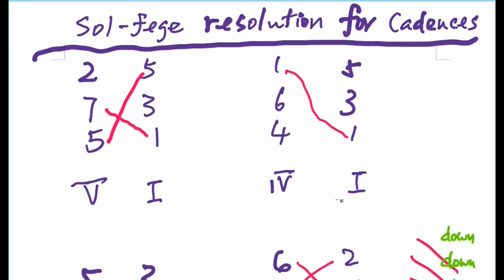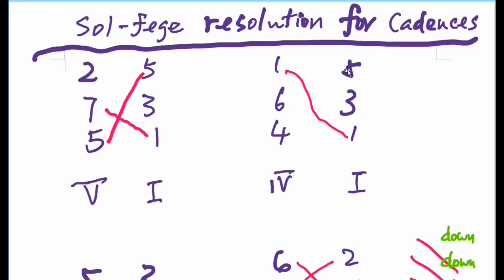Let's look at Plagal cadence. Plagal cadence sings as Fa, La, Do. Goes to Do, Mi, So. We have the same note, Do and Do. So you just keep the Do in the same voice. Fa and La just resolve to the nearest possible note.